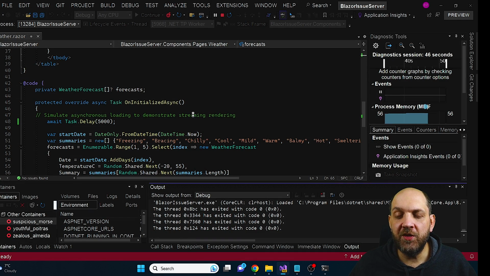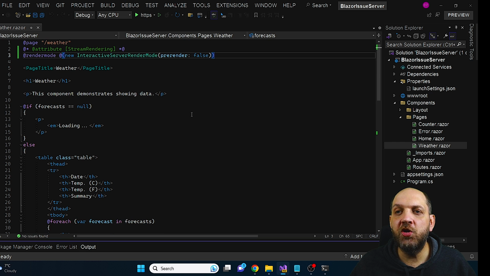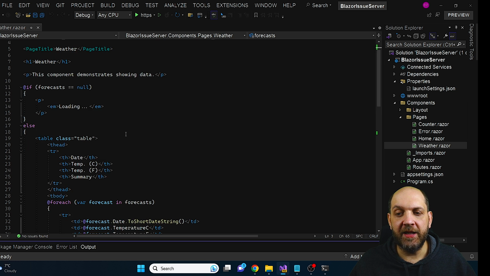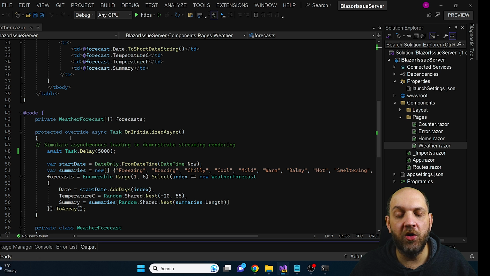One way to fix this big issue with Blazor web applications is to simply use or create a new interactive server render mode with the pre-render strategy set to false, and this will make your component immediately use WebSockets to actually render everything, and we can avoid pre-rendering this application, and therefore we can avoid hitting the onInitializedAsync